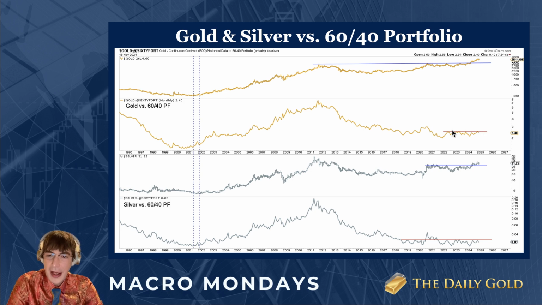Last month it closed by a hair at a 3-month high. But remember I said this isn't really a breakout. You need more confirmation. You need a stronger breakout. Now it's coming back, after today, almost 7.5% down this month. Silver against the 60-40 nearly hit resistance at the end of October. Now it's coming back. So we'll see. I would be surprised if this continued below resistance for the next 12 or 15 months. I think at some point in the next 12 or 15 months, we will see these finally break up like that,